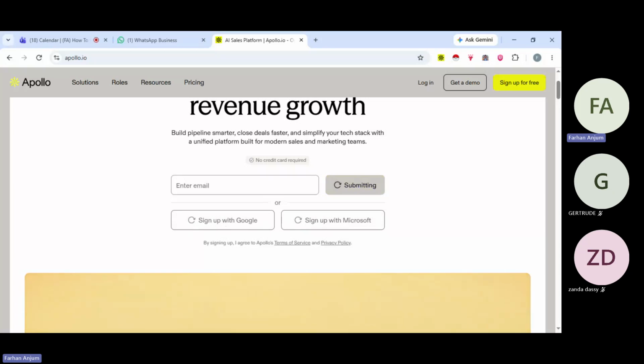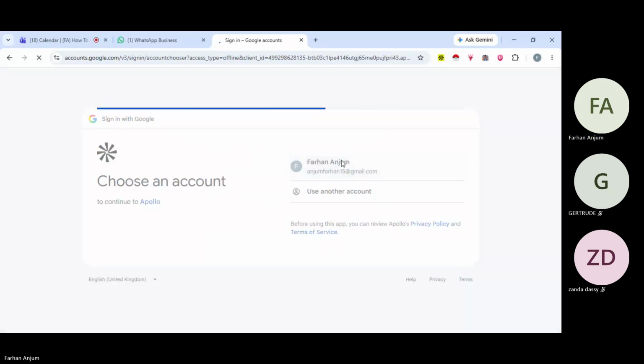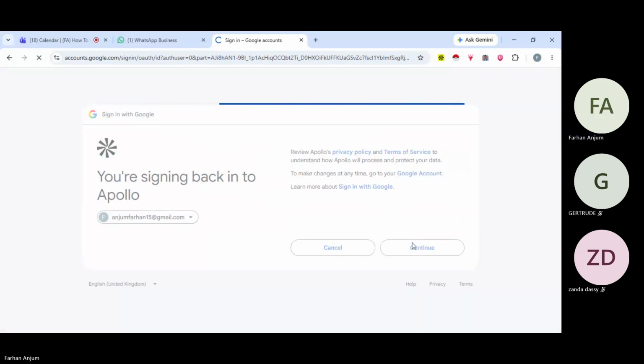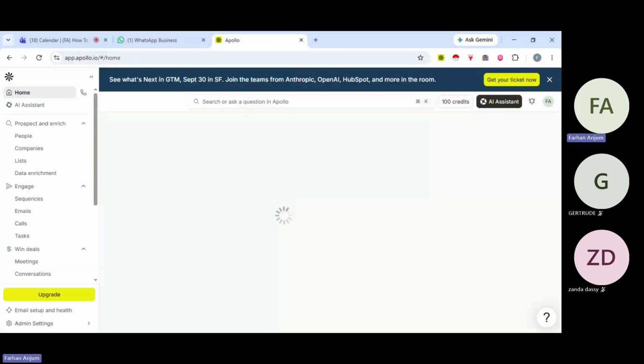Generically, it's Google that almost every person has. So you can simply sign up using your personal Gmail account. You can see this is my personal account. And after a little bit of verification, it is going to allow us to use the platform. It's loading,